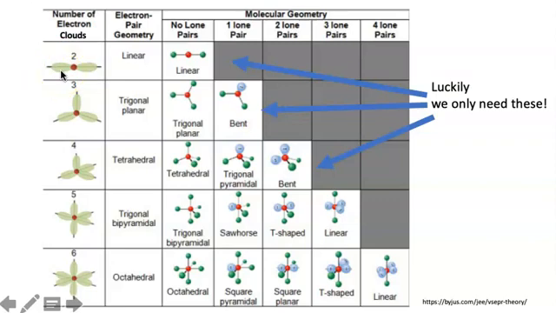A double bond might count as one electron cloud, right? Even though it's a double bond and it's got 4 electrons, they're all doing the same job, so they're considered their own kind of electron cloud. Triple bonds also count as electron clouds. And the one last cloud that is probably going to become the most important in terms of determining actual molecular geometries and choosing from these geometries has to do with what's called a lone pair of